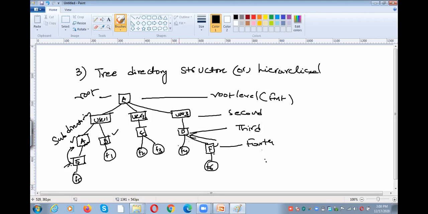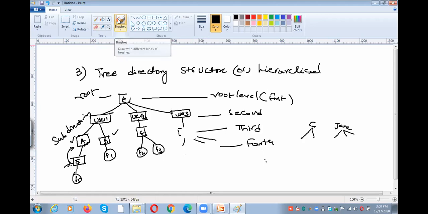Okay. What is the use of these subdirectories? So, for example, I want to group the C files and Java files. C files under the C and Java files under the Java folder. So what can I do? Observe here. Earlier, in the case of two-level directory and single-level directory, we cannot make subdirectories. Right? But here, in the case of three-level directory, we can make subdirectories.